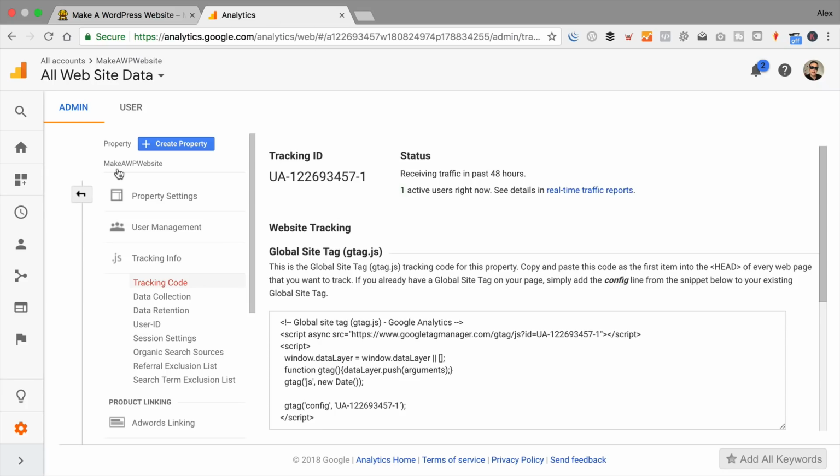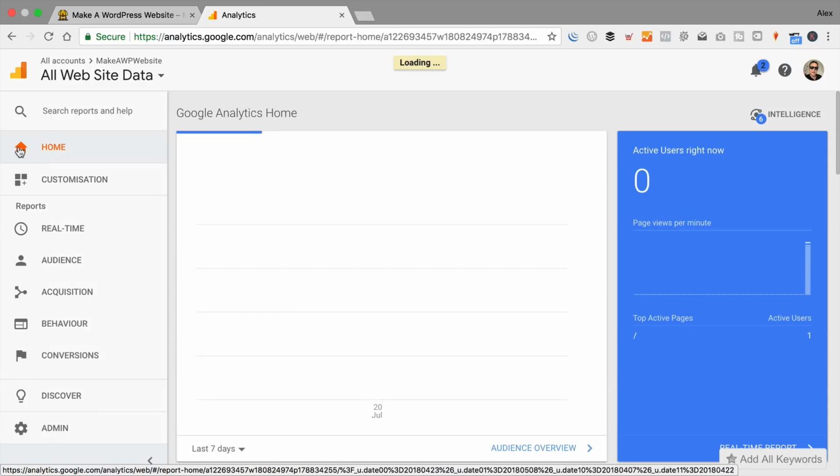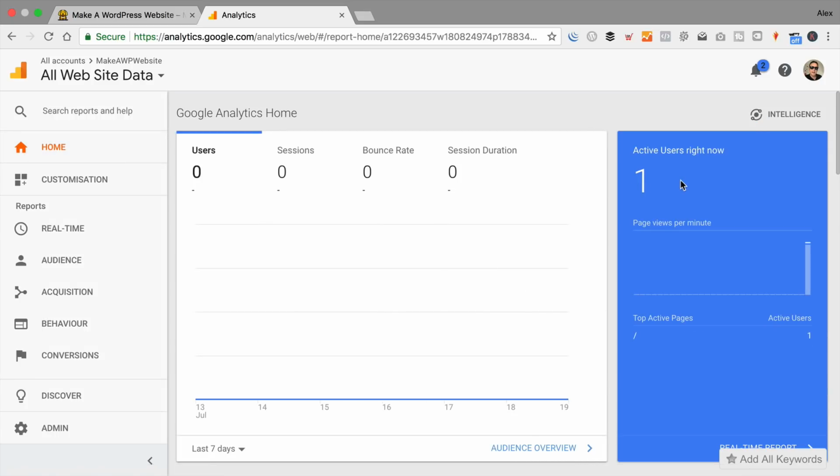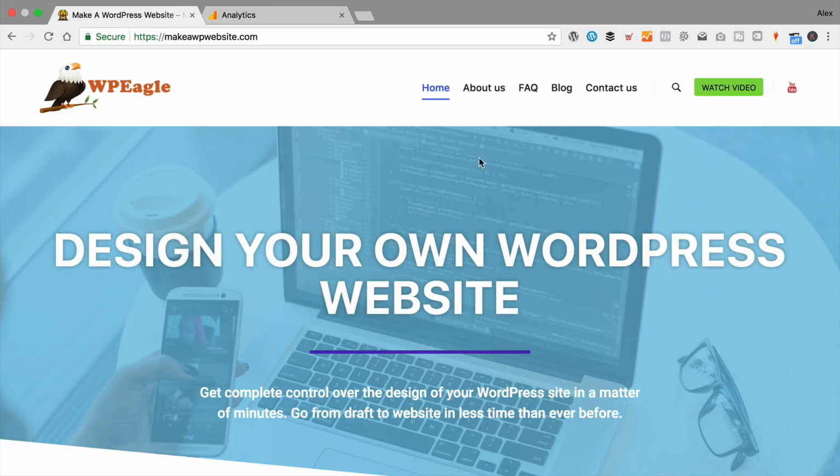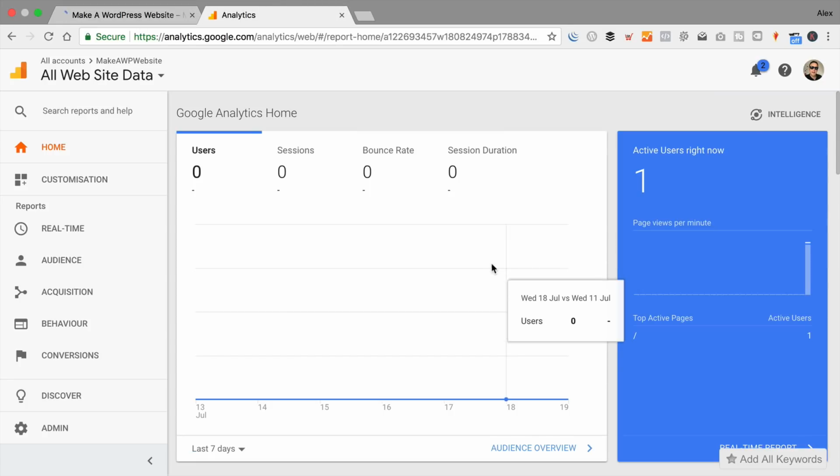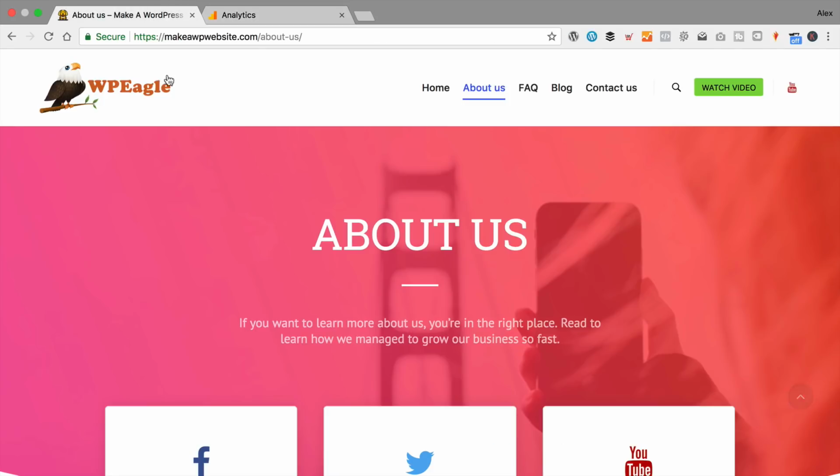And then if you come to Analytics and go to the home, you can see that there is one active user right now. And if I click onto another page, like the About Us, this should change. There we go, yeah. Shows me that there is one user on the About Us, which is me. So that means our Google Analytics is all up and running,